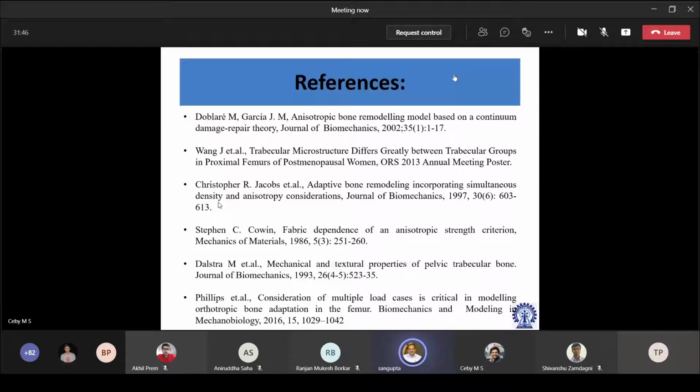But that is not too valid if you are considering an osteoporotic patient and if you are going towards a microscale model. The moment you induce more and more porosity in the bone structure, the effect of orthotropy will have more profound influence on the stresses and strains, and it will affect the results to a greater extent as compared to the isotropic. So in a nutshell, the principal stress directions actually give you